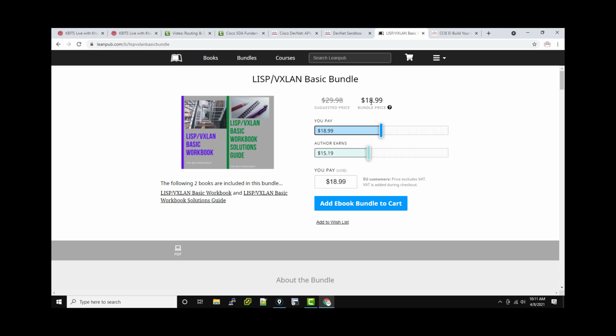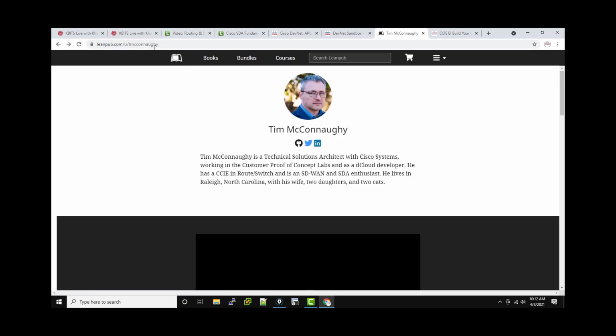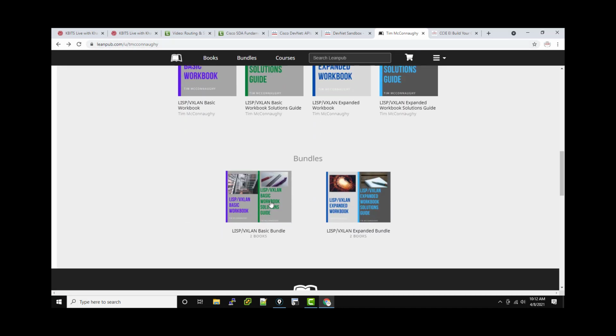I don't know of anywhere else that kind of has this for this price, especially because there's not a lot of workbooks out there for the CCIE Enterprise, to be fair. So again, I will put Tim's LeanPub page in the description, and you could scroll down and you can grab both bundles. Now, for the actual DNA Center part of it,